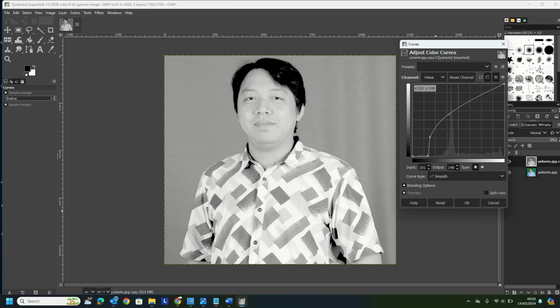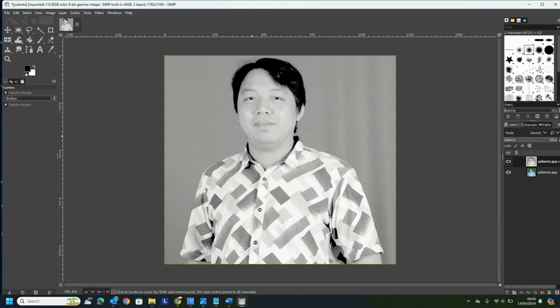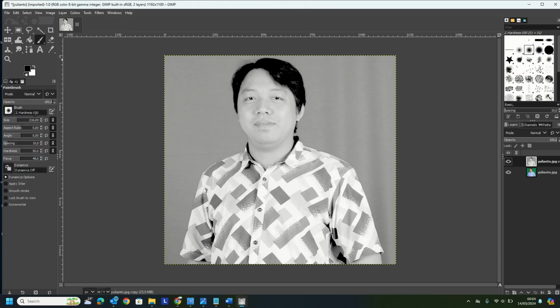Okay, I think it is very hard to do this. Let me use another method. For a while, just click OK. Then I will make the foreground more dark. I will use the Paintbrush tool.